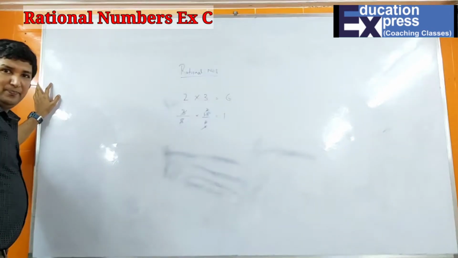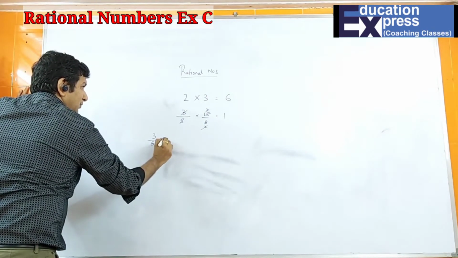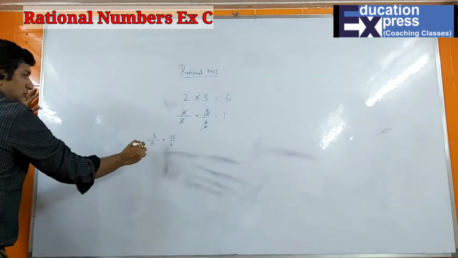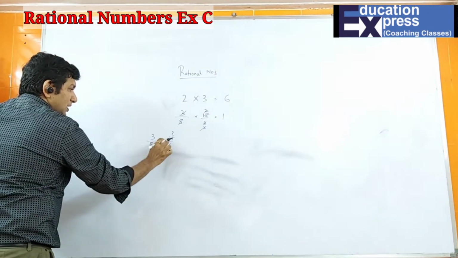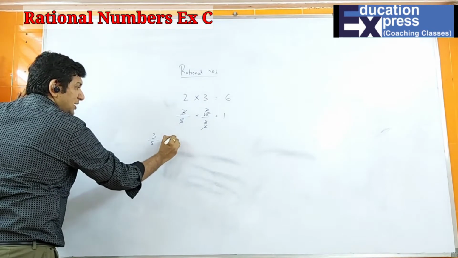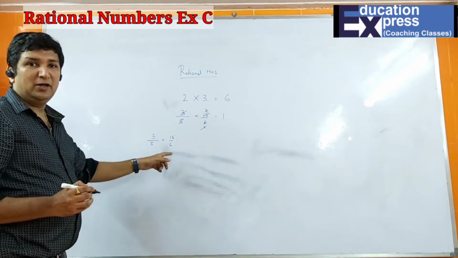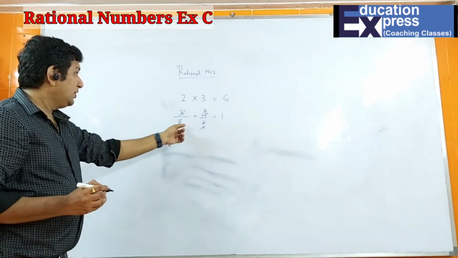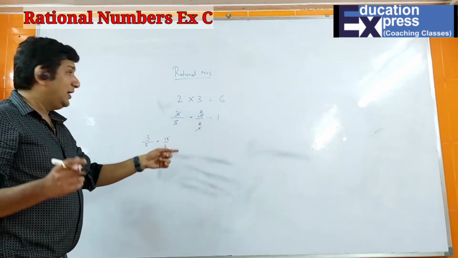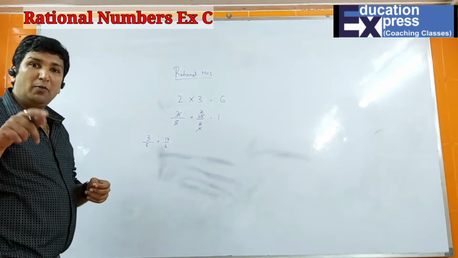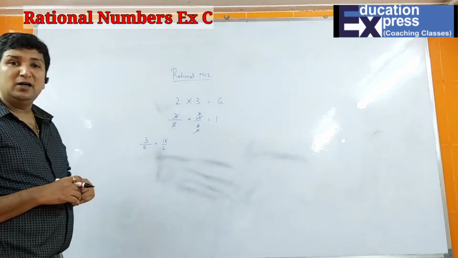And the answer is 1. In case I give you the same thing, 3 upon 5 plus 15 upon 6, then can you cancel 5 and 15? No. The reason is because there is a plus sign in between, and when there is a plus sign in between, it means there are two different terms. So you cannot cancel across two different terms. That is why the cancellation is not possible. But here, between two numbers, there is a multiplication sign. It means it's a single term. That means cancelling the numerator and denominator is possible only if it's a monomial. If it is a binomial, you cannot cancel the numerator and the denominator.